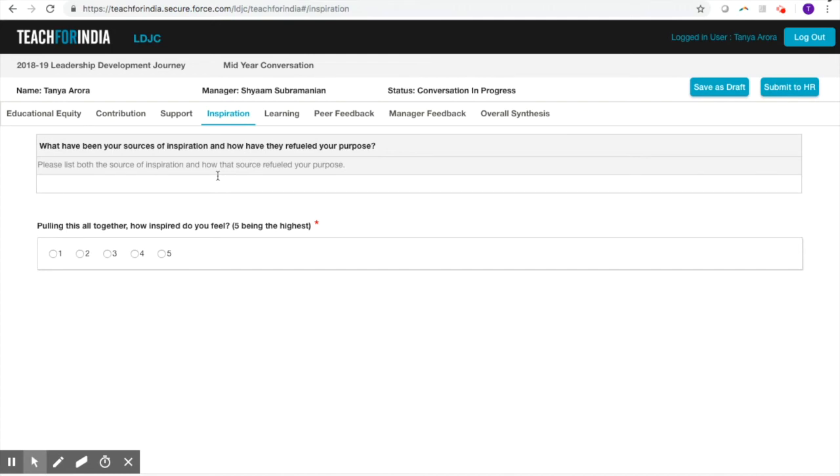So, again, the reason that this tool is pushing you to list down sources of inspiration or sources of support is really to help you be more intentional about your ability to put yourself in situations or in positions where you're actually able to best leverage that in your day to day. So think about what inspires you every week, every month, every quarter, and list that down